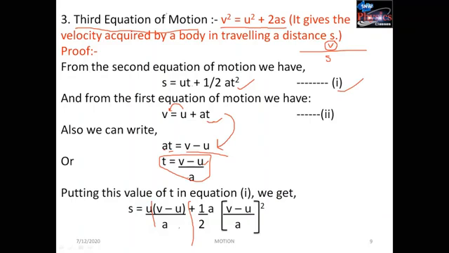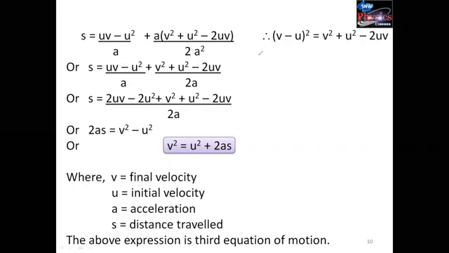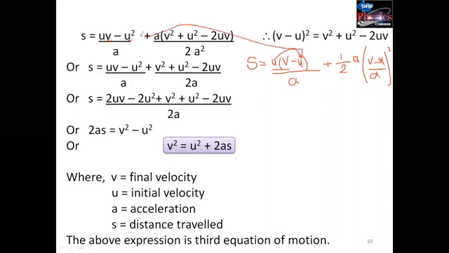ठीक है, now what we get is, अब हम क्या देखेंगे, पहले हम लोग इक्वेशन को लिख लेते हैं. हम लोगों को क्या मिला था, s इक्वल टू u into v minus u डिवाइडेड बाय a, पिछले एक्सप्रेशन में हम लोगों ने देखा था, ठीक है, प्लस 1/2 a into v minus u by a, ठीक है। यहाँ पे हम लोग को जो पहले मिला था, अब यहाँ पे हम लोग इस एक्सप्रेशन से समझेंगे। u into v, so here we write u into v, u into u, यहाँ पे हम लोग को मिला u स्क्वायर, यहाँ पे हम लोग को मिला u स्क्वायर।